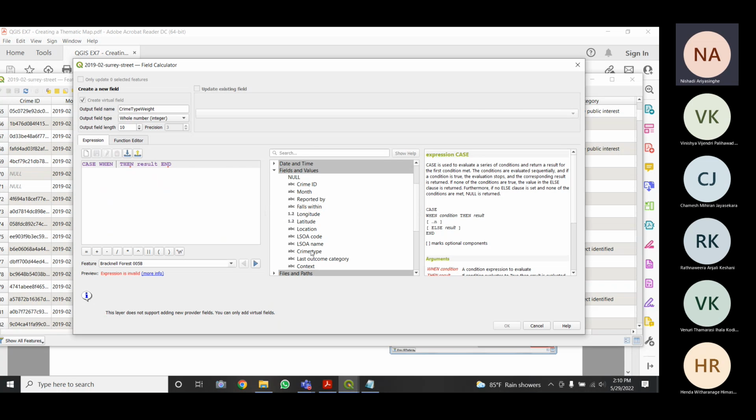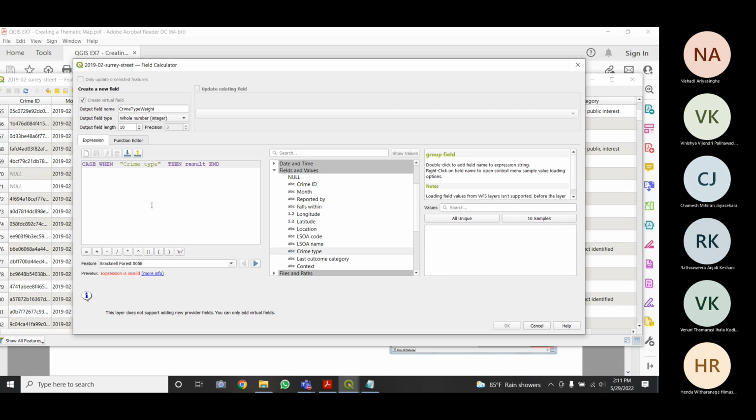If the crime type equals a value. So if I select the crime type and click all unique, you can see here all the crime types are here.